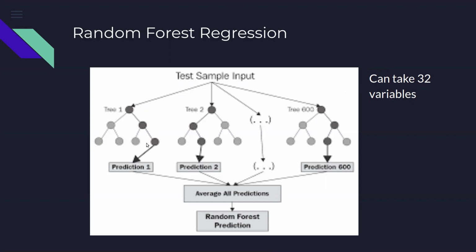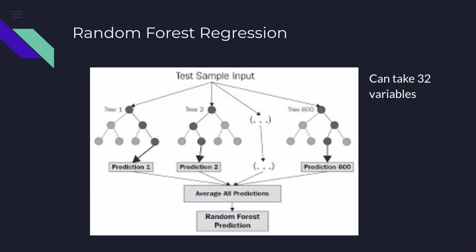It means that, first of all, why do we call it forest? Because the prediction is being made not by just one decision tree, but maybe hundreds or thousands of decision trees. That's why it is called forest, because it is a collection of decision trees. Why do we call it random? Because out of different possible trees, it will randomly pick up 100 or 1,000 trees. It will make the prediction.